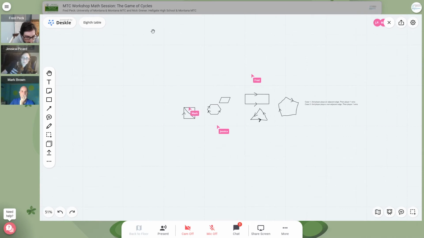So I can do this. Here, let me make that clear. And so that's why I asked that question. I didn't realize at first, I thought this would already be considered illegal, but because of that third side, it's not. Right. So if I did the middle one, I'd have to go down and then you could win. And if I did the one on the right, I'd have to go with yours and then you could